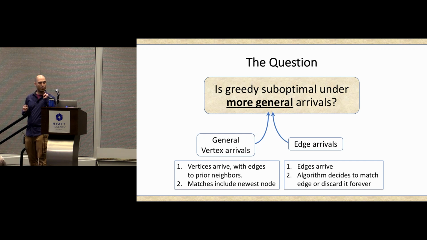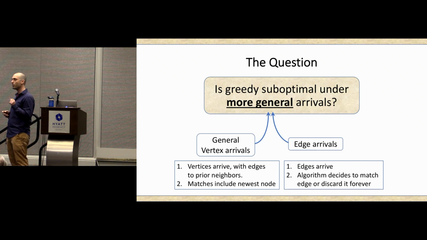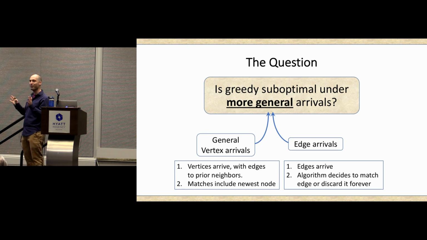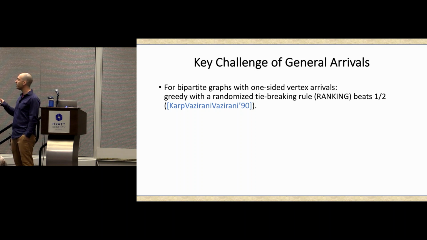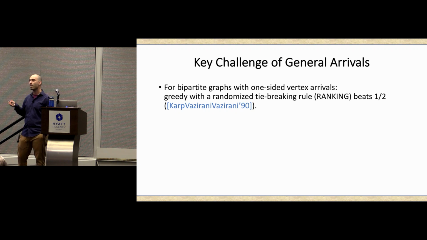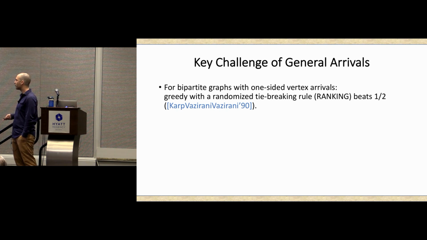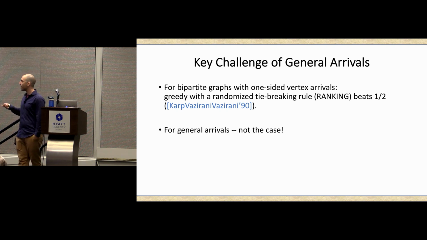Okay, so before I tell you what's known about these more general arrival models, I'd like to stress that these require some kind of paradigm shift, different ideas. In particular, for bipartite graphs with one-sided vertex arrivals, as I said earlier, greedy with a randomized tie-breaking rule, in particular ranking, allows you to beat a competitive ratio of 1/2. However, for these more general arrival models, this is no longer the case,